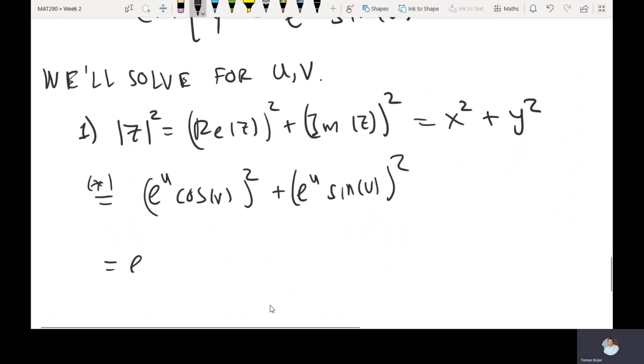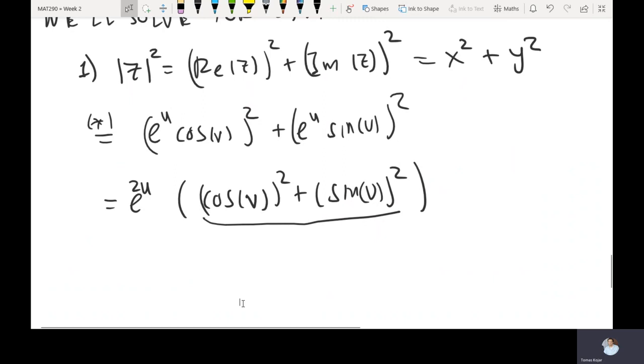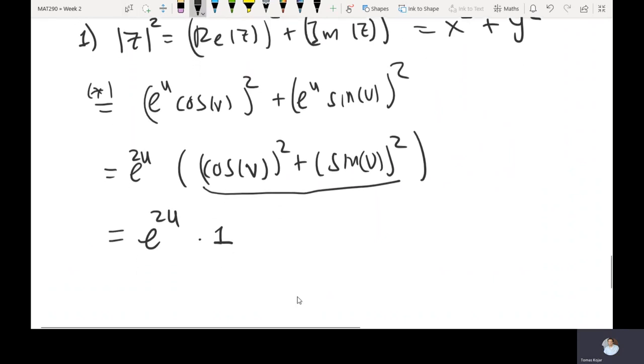Okay, factor out the exponential, and then observe that we get a summation of cosine and sine squared with the same angle, so we get 1. Okay, so we're almost there. Now we can find u. So we have that